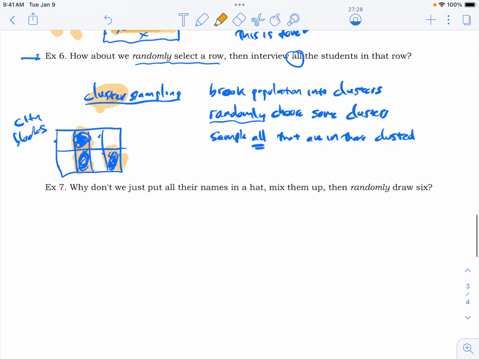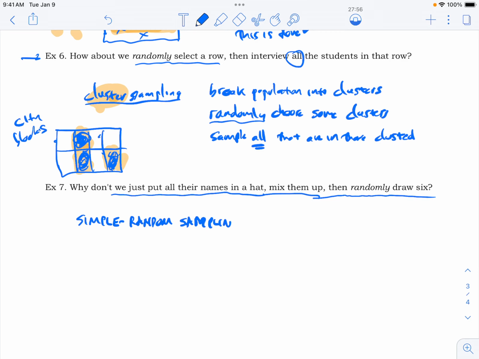Okay. Now, is this our last? Yes. Here's our last method. You ready? And this one is the very, very, very best. Put all their names in a hat, mix them up really, really good, and then blindly, randomly draw 6. This is what we call simple random sampling. Not just random, simple random sampling. It's kind of as simple as you can get if you think about it. Every single